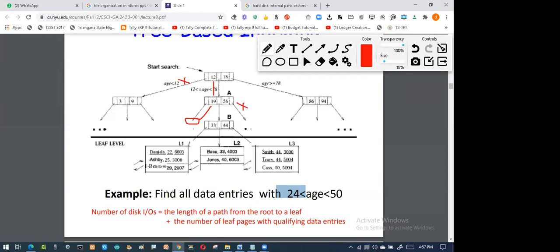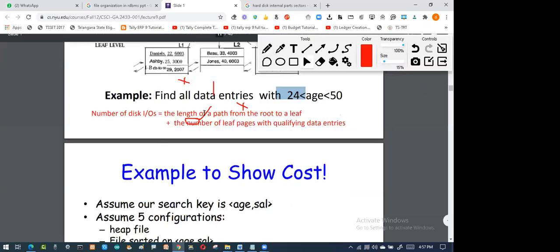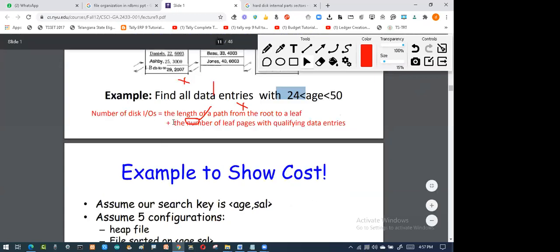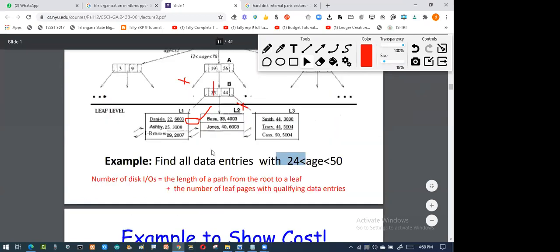So here the formula says, the formula is like this: the length of the path from the root to the leaf, that means how many levels you are going, plus the number of leaf pages with qualifying data, that means I want this particular data.